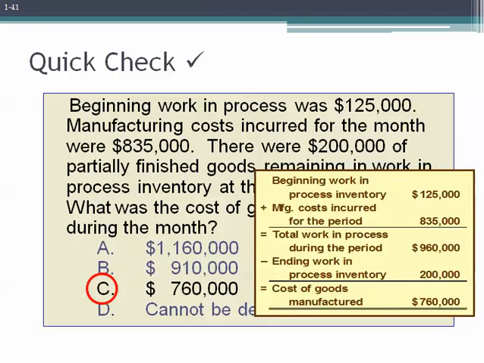Again, we'll take our beginning work in process of $125,000, add to that the $835,000 in manufacturing cost. Again, that's our direct material plus direct labor plus manufacturing overhead. That gives us total work in process of $960,000. And this work in process needs to either be transferred to finished goods or left in ending work in process. So we take our 960, and if we've got 200,000 left over, this means that the cost of goods manufactured, or the cost that we transfer to finished goods, will be